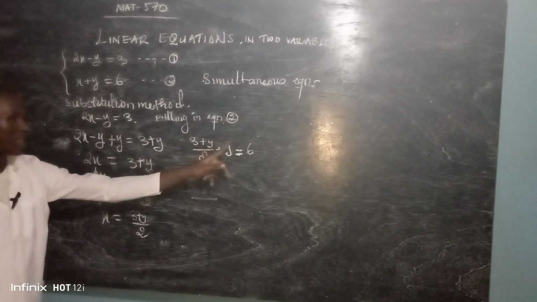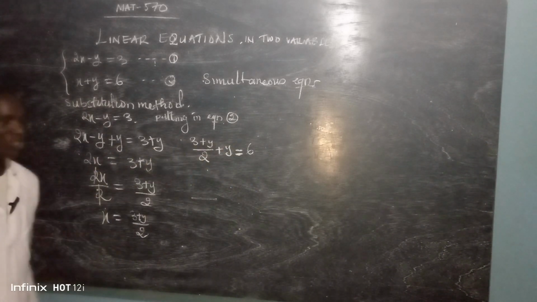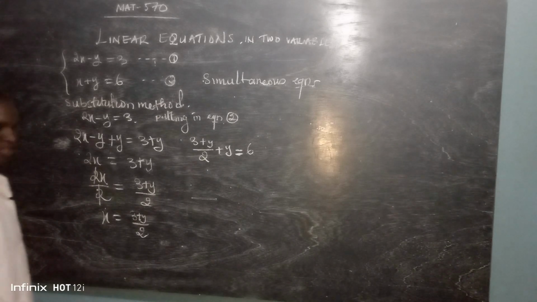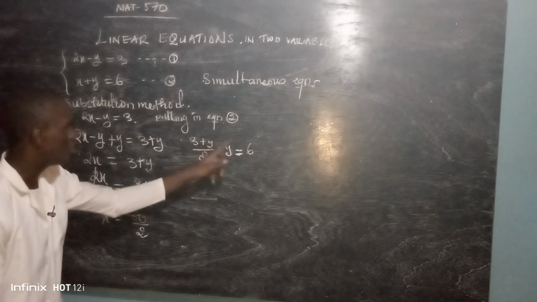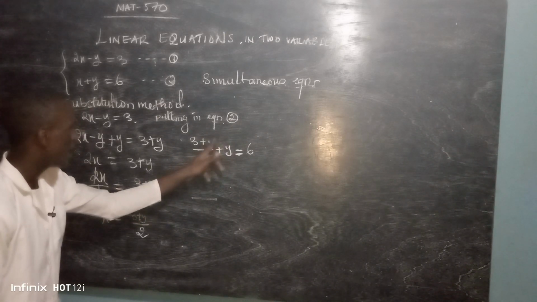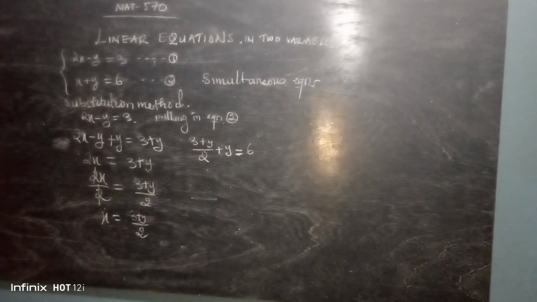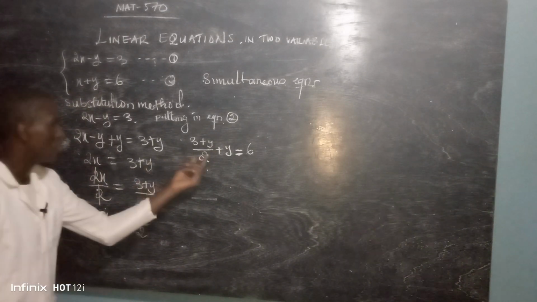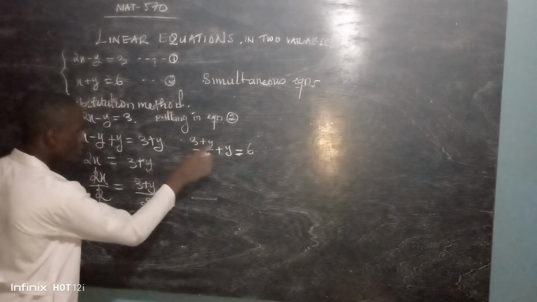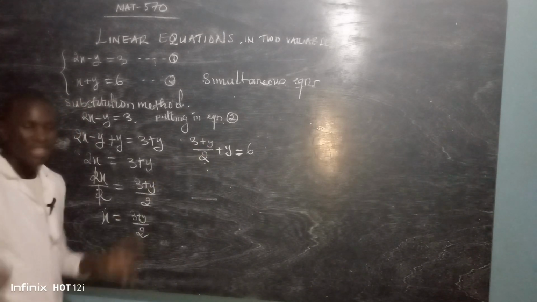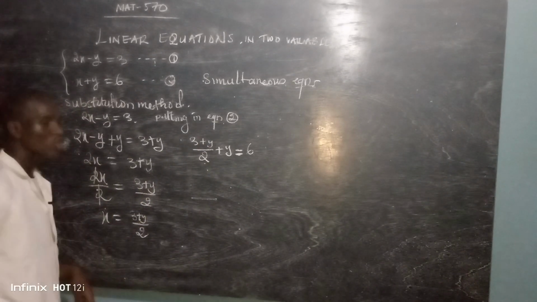An equation in one variable. We have one unknown here, which is just y. So that's a linear equation in one variable because all the powers here are 1. The next thing now is for me to clear the fractions. Since 3 plus y is divided by 2, that's the only fraction, I'm going to multiply all through